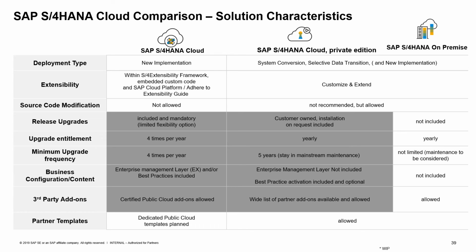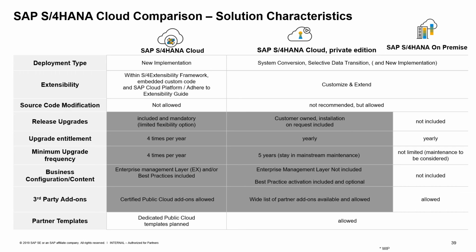And this is also true in public cloud for the EML or Enterprise Management Layer. You have to tell us that the customer wants it. Otherwise, it won't be provisioned. And it's going to be just a terrible time if you want this after the fact. It'll just delay your implementation and or your provisioning. So really take a look at what your customer needs are up front before we add the business configuration content from SAP that you'd like your customers to have.